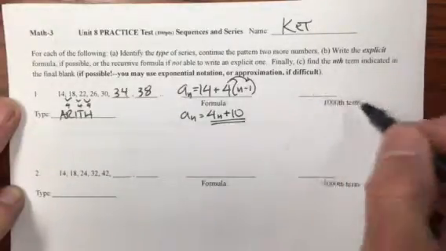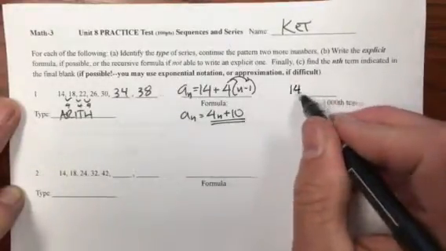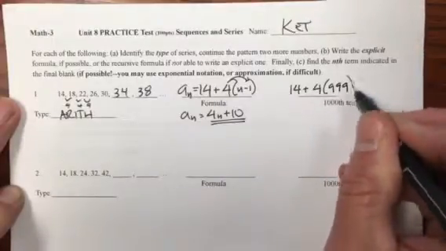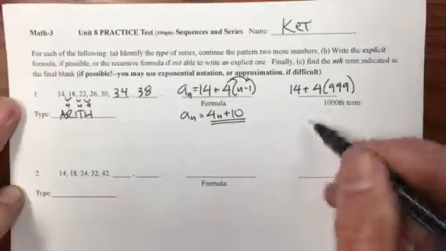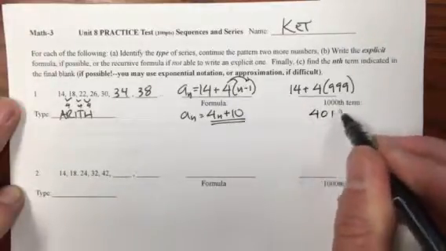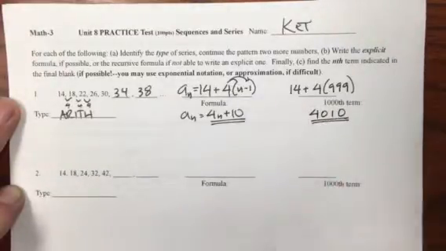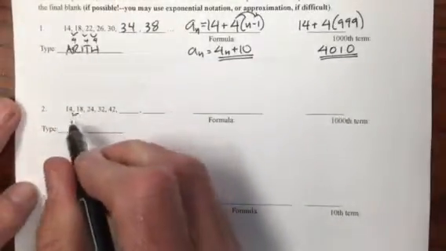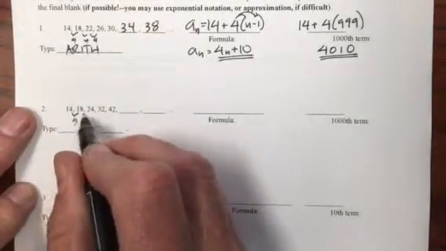The 1,000th term then is going to be 14 plus 4 times 999. Or you can go back to this, and that's going to be 4,010. Okay? The next one, do our carrots, and we're going up this time by 4, and then this time